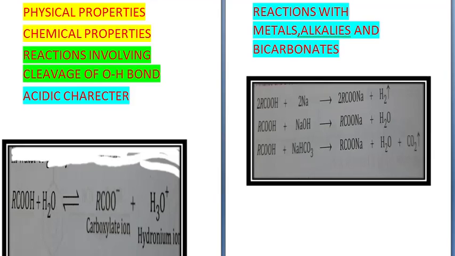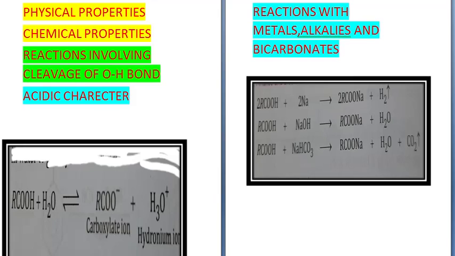Now, aliphatic carboxylic acids up to 9 carbon atoms are colorless liquids at room temperature with unpleasant smell. Higher acids are wax-like solids with no smell. Carboxylic acids have a higher boiling point than aldehydes, ketones and alcohols of comparable molecular masses because they can form intermolecular hydrogen bond. This also increases their solubility in water.